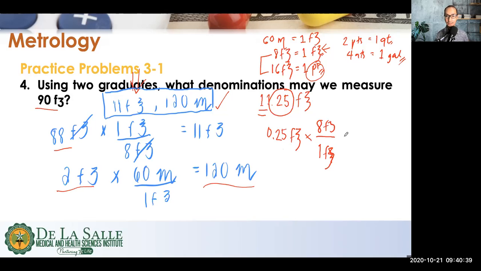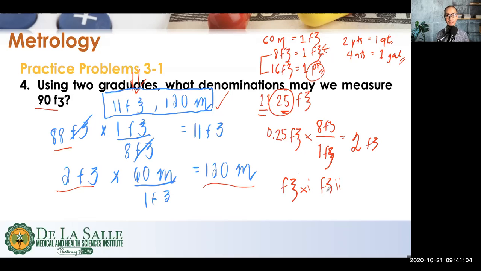Okay, ayan. So 0.25, the remainder, times 8 is equal to 2. Okay, yeah, so 2 fluid grams. So the answer could also be 11 fluid ounces and 2